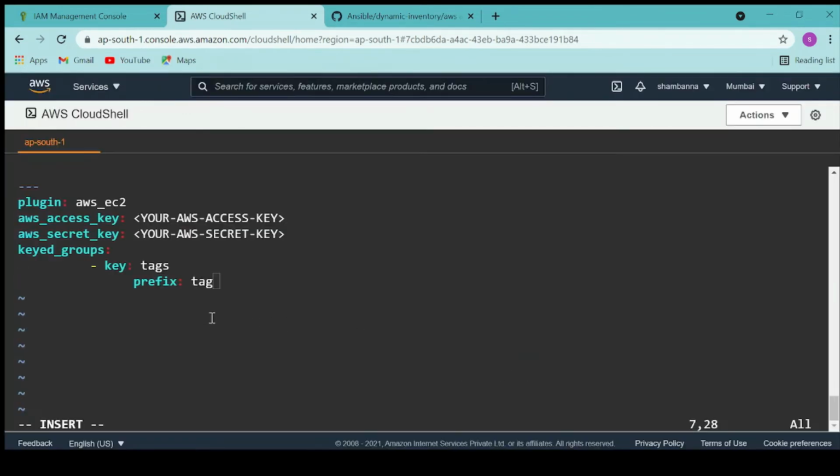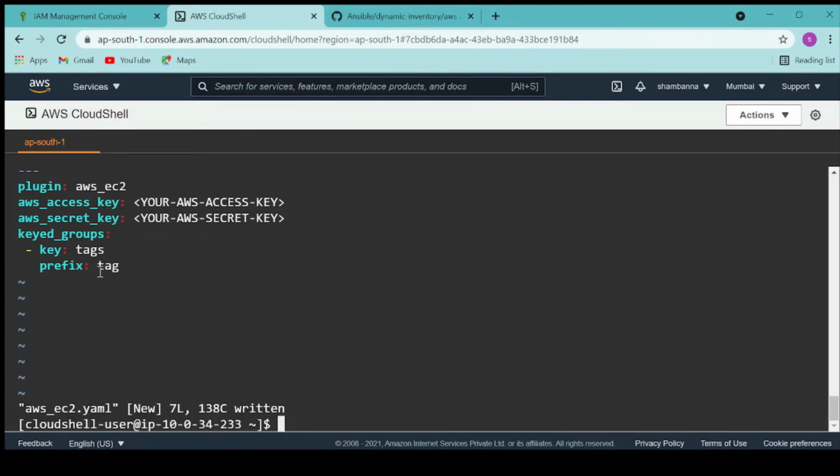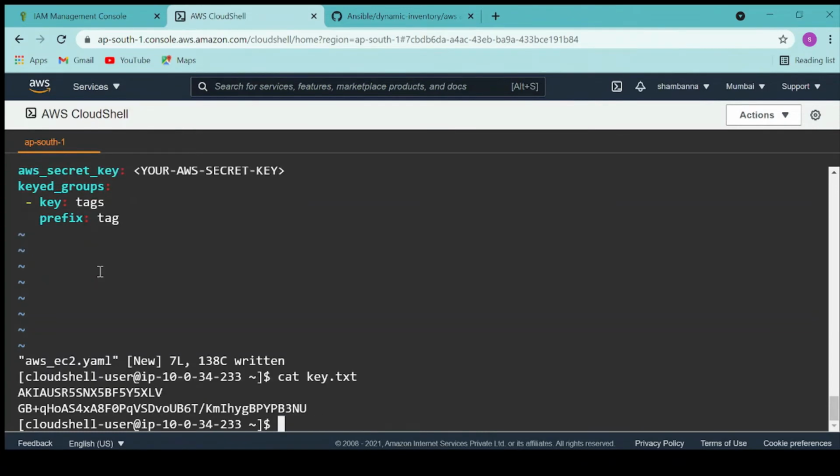I've already pasted it in a different text file. I will just copy from there. Okay, so I'll copy this and I will edit again.